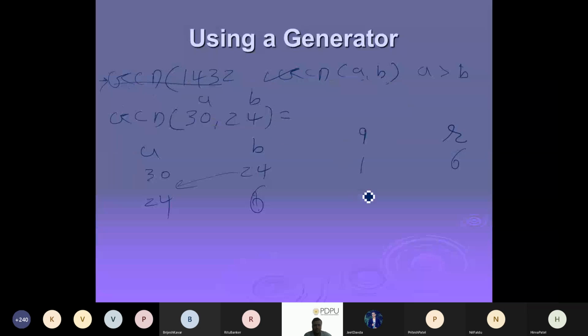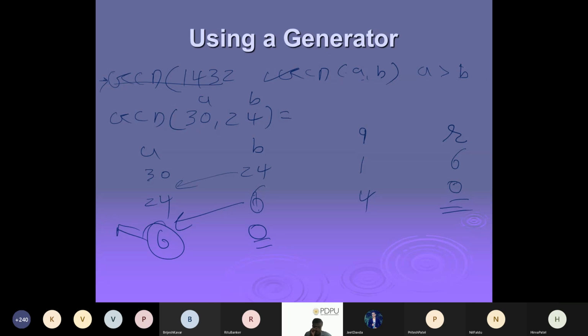Okay, 24 and 6. What is the quotient and remainder? I think the remainder is 0. What is the quotient? 4. What do you mean by quotient? So 6 into 4, that is 24, right? So 4 is there. Okay. Now next one, do I have to call? No, because if we are getting a remainder 0, it will actually call with the next value. That is, you can see 6 and 0. It is calling the function, but the moment we get the B value 0, whatever this value is, that is the answer.